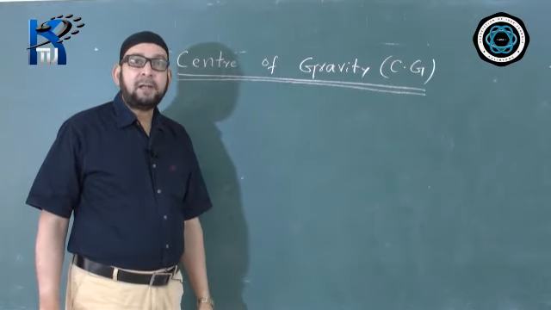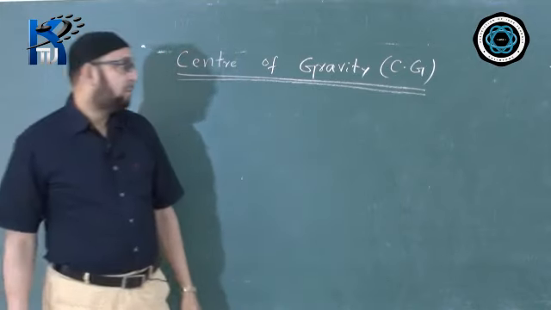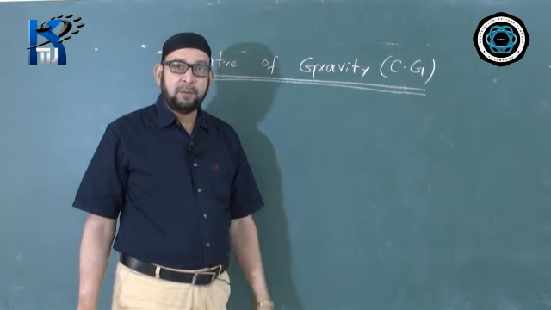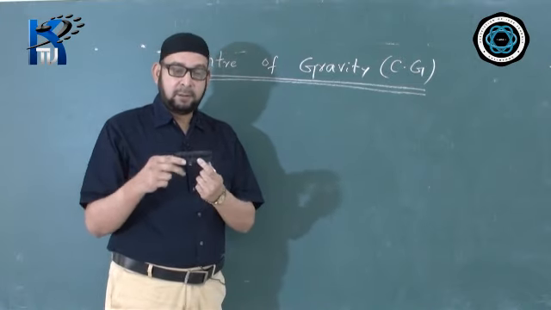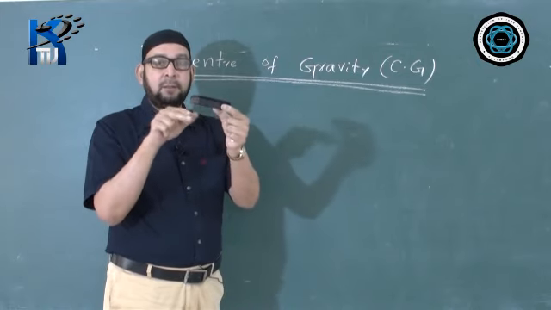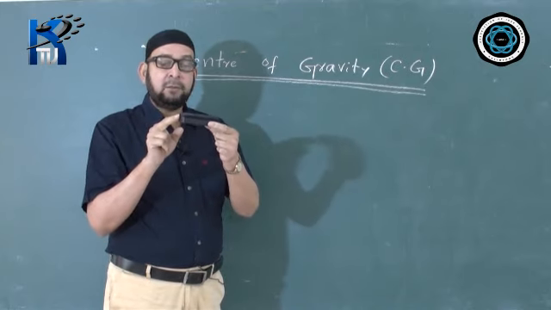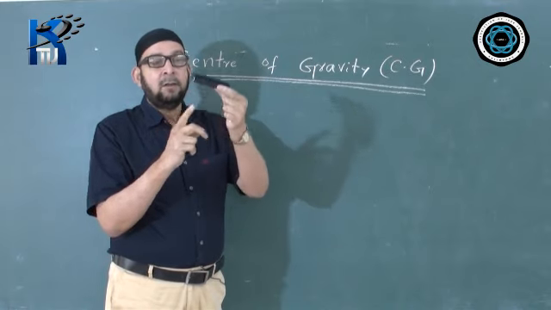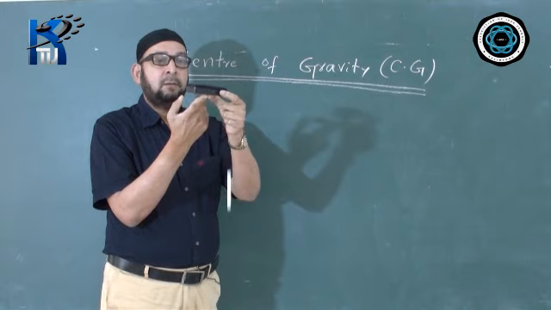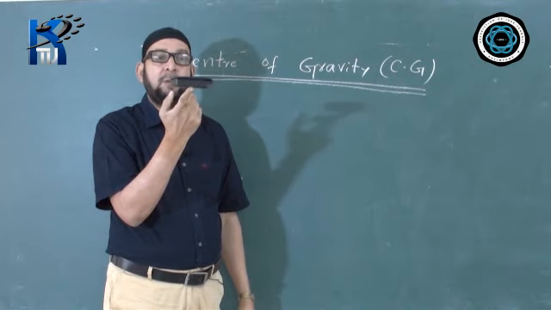So the simple idea of finding center of gravity is to find a point in the body where the body is in rotational equilibrium due to its own weight. Let us take the body over here. How to find the center? Where is the weight of the entire body acting? Let us find out that. We have a simple method. We will try to balance the body on a knife edge, on a sharp edge, or on a finger like this. We will keep it horizontal.